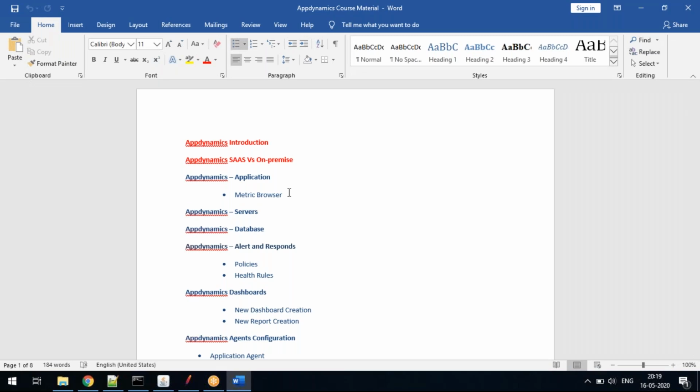App, DB, even the user experience, machine layer, all the metrics are collected into a common place called the metric browser in AppDynamics. In that place, you can see a holistic, merged understanding of all the metrics. And you also have an option to export that data into a REST API format. You can take that REST URL and put it in the Postman tool to extract the data from AppDynamics, and you can maybe create your own internal dashboard or anything using the output of that REST API.